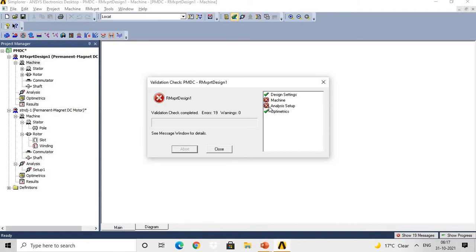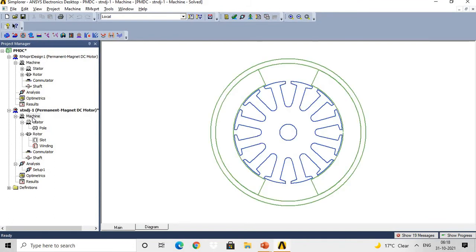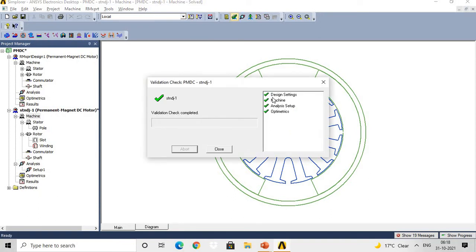Then analysis setup is not validated, whereas the design setting and optimetrics are validated. That means make sure that before going through the results, your design is validated. So now we'll move to our main project, where we have validated the design for the design setting, machine, analysis setup, and optimetrics.